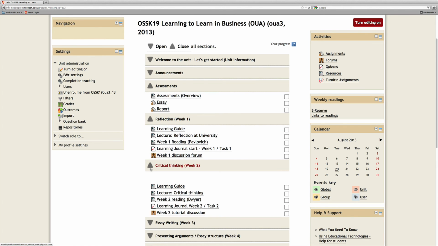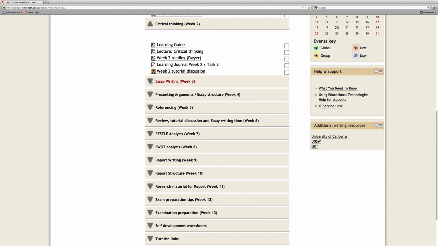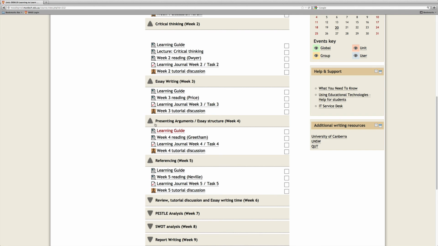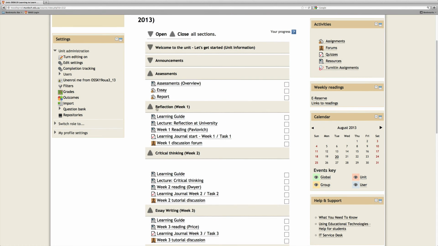Okay, so I'd like you to work your way through this unit. First, read the learning guide, then watch the lecture, then do the reading. Your learning journal will refer back to the reading and the lecture. The questions in there should all hopefully cause you to reflect upon these things, and also on the weekly discussion forums. You can see as I scroll down, every week follows the same format. Learning guide, lecture. Ooh, there's no lecture there yet, but there will be when I make the link. Okay, so you can see that